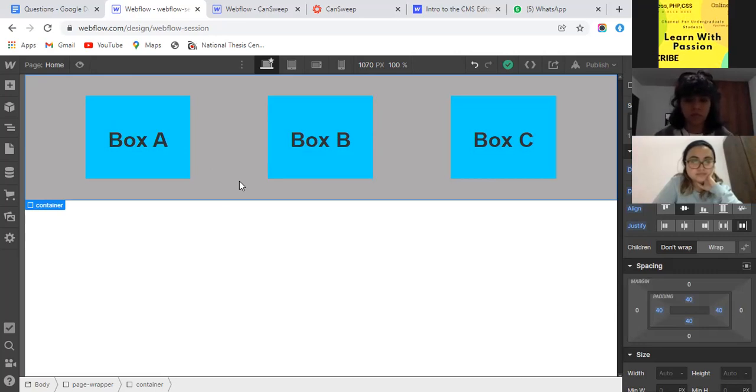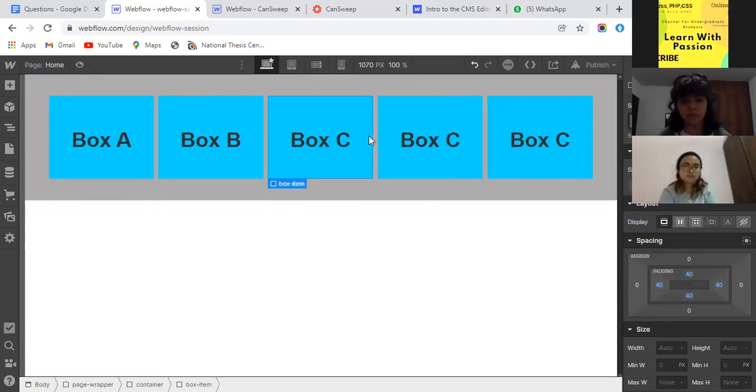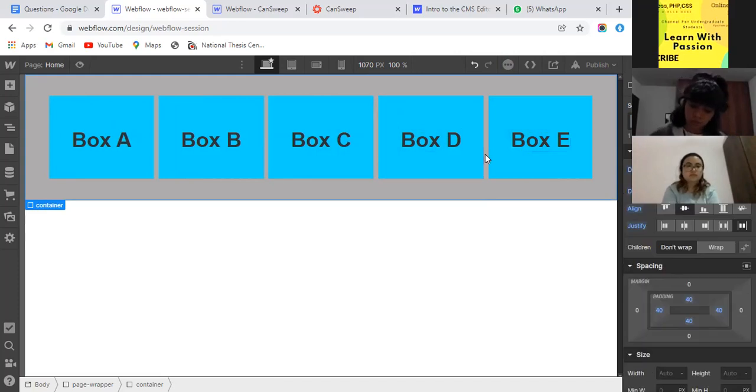We can use grid. Let me copy this box item using Control C and make 2 new copies. Now we have 5 boxes in total. This is D and this is E.